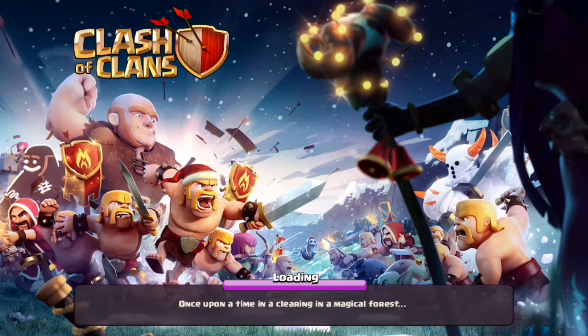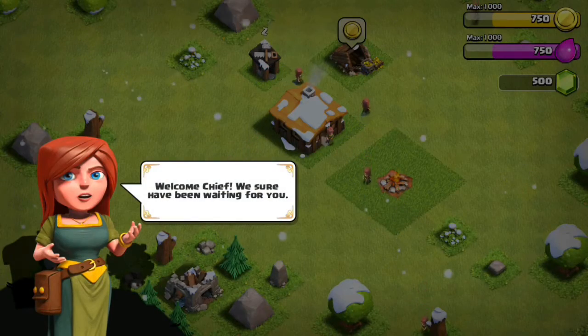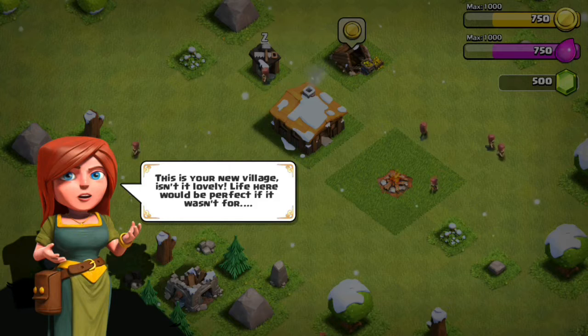Today I'm going to show you how to create a new village in Clash of Clans. And if you're new, the first time you start the app, this is what you'll see. So the lady that pops up is there to guide you through. Not just through the initial creation of your village, but you'll see her image throughout the game as an icon